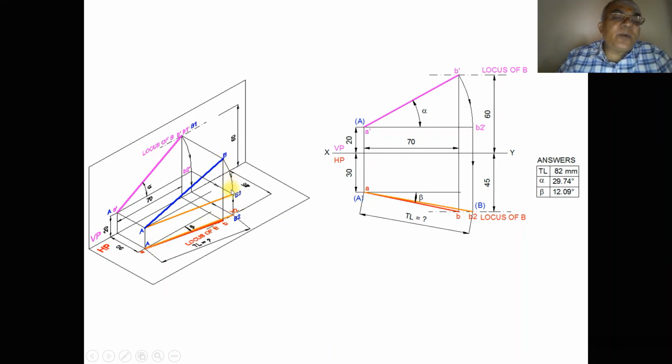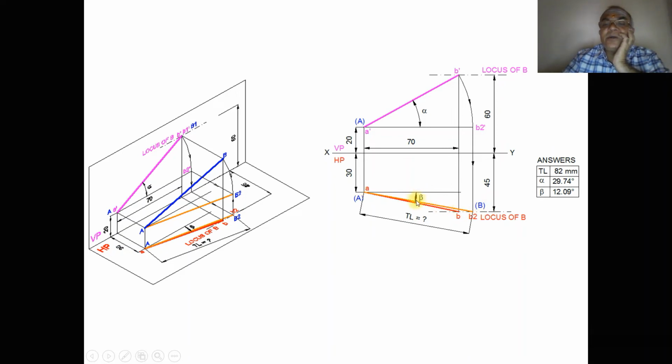So when you are rotating in space, what happens? Since the projector line which is touching the locus of B is also getting rotated with A dash as center, A dash B dash as the radius, you draw an arc such that A dash B2 dash is above HP by 20 mm. Now it is parallel to HP. Therefore, you are finding the true length in HP. So in the orthographic view also, we can say with A dash as center taking the radius of A dash B dash, you rotate it such that you make it parallel to XY line in the front view. Therefore, its corresponding top view ab2 is going to be in true length. So you can see this is the ab2 which is in true length.